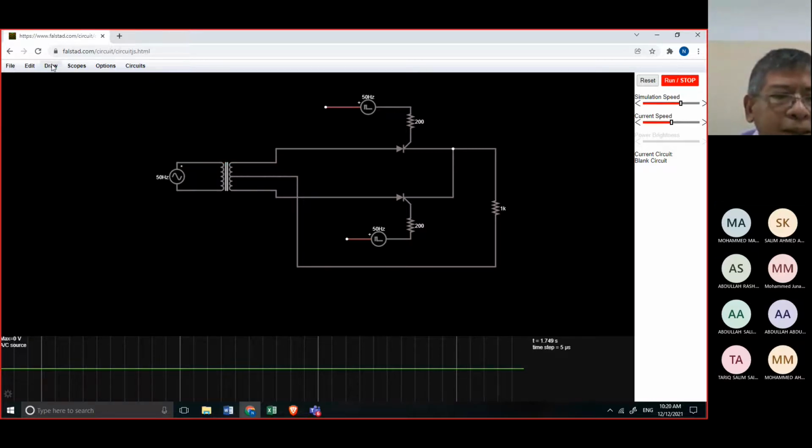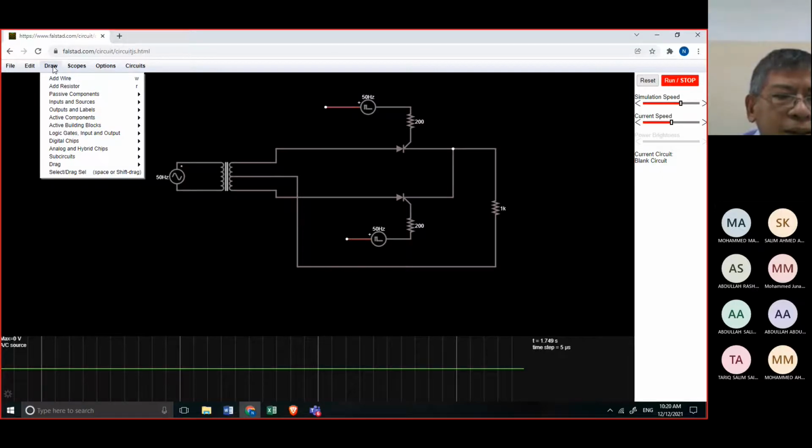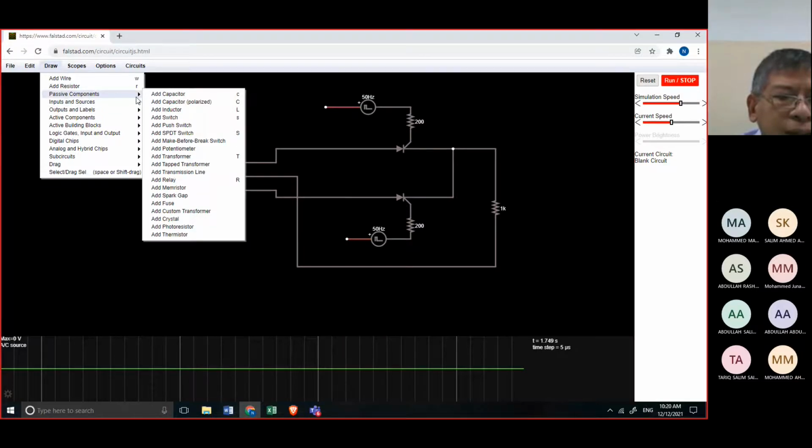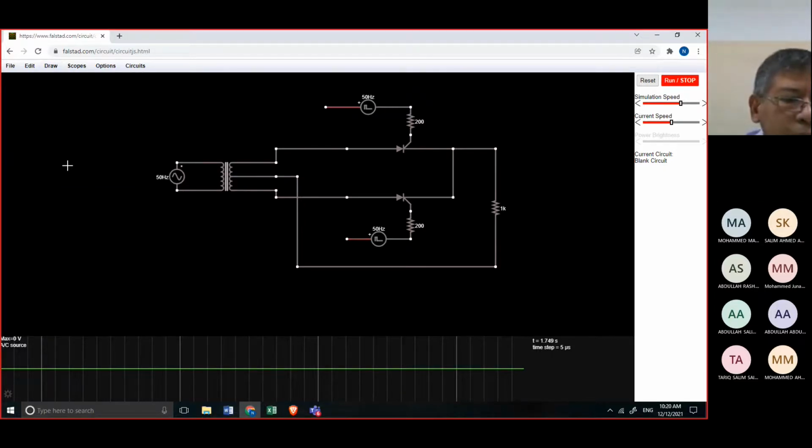Okay, just go here in draw. Did you see this draw? So draw, then go to passive component, and then here, add transformer. There are 2 transformers here, okay? If you click this transformer, it looks like a transformer in a single phase. This is a single phase transformer that we are using in experiment number 3. Okay, did you see there's no center tap? It's not center tap. But what we are using here,